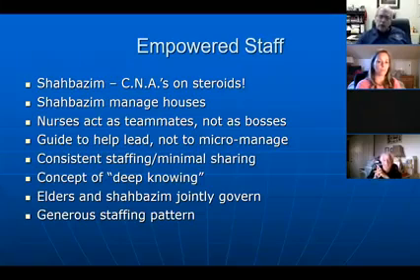And the staffing pattern I mentioned before: there are 2 Shabazim on days and evenings, 1 at night, and then there's 1 LPN that basically goes from one greenhouse to another, spending approximately 4 hours per 8-hour shift in each of the 2 houses. And that staffing pattern, if you multiply it out, equates to 5.2 nursing hours of care per day per resident, where the state minimum, as you probably know, is 2.7. So well above what is required, well above what you would typically see in most nursing homes, which tend to staff somewhere between 3 and 4 hours per day.